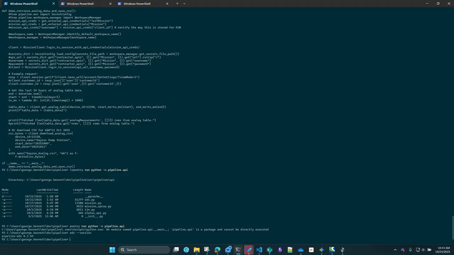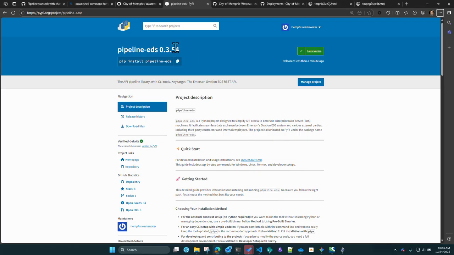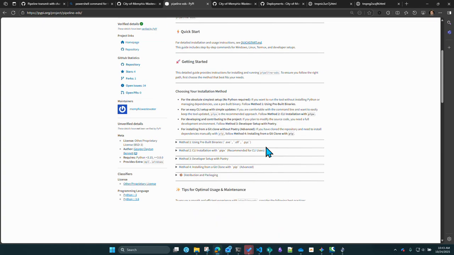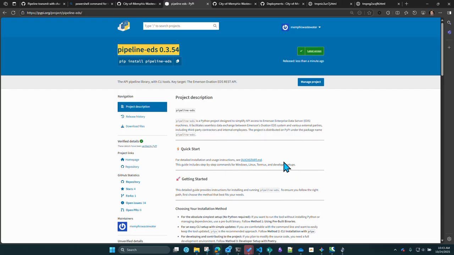Welcome to pipeline-eds 0.3.54. You can get it on PyPI. You can build your own clients. Yeah, I'm not sure why you would download this, but you could. Mostly this is for rollout for my coworkers, but